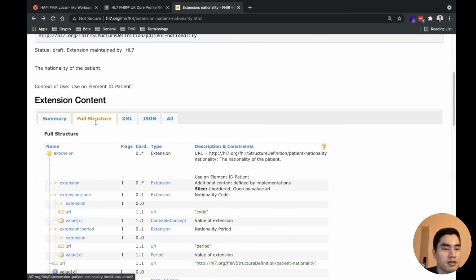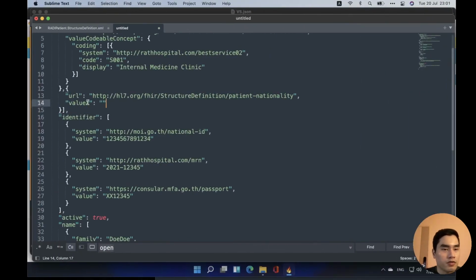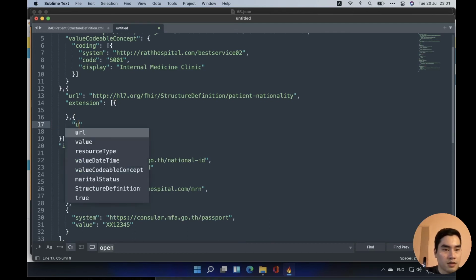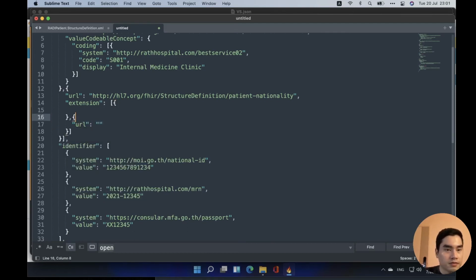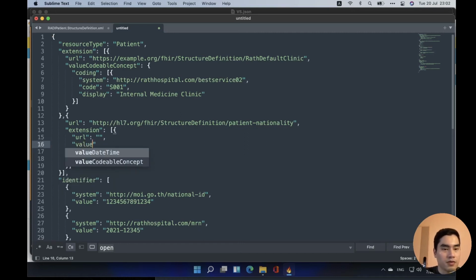It is an extension, full structure with sub extension. So the value here has to be extension. This one will be this one, and there are two sub extensions here, and in each extension we have URL, right? And for URL we have value x, like this.